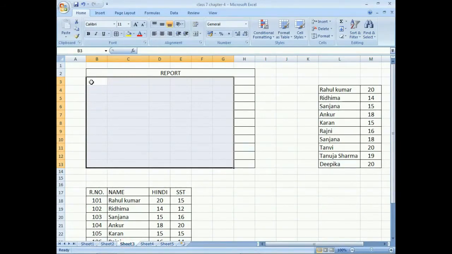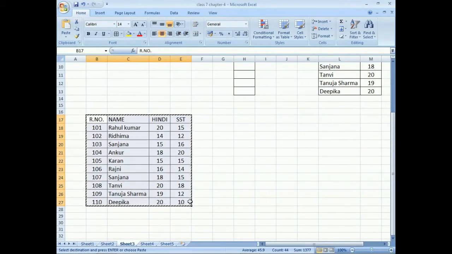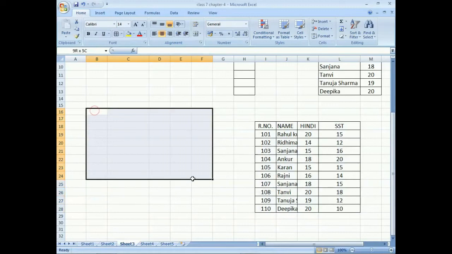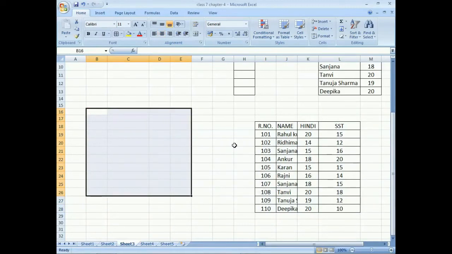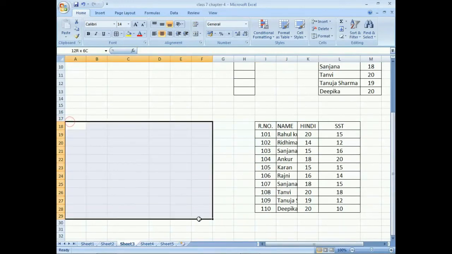The same process can be done with the shortcut key. Select the data and press Ctrl X from the keyboard. Now I want to shift it in the same sheet, so set the location and press the shortcut key Ctrl V. You can see your selected data was in that place, and now we have shifted that data to the new location. This process is called moving data.